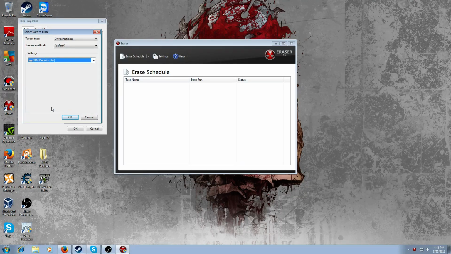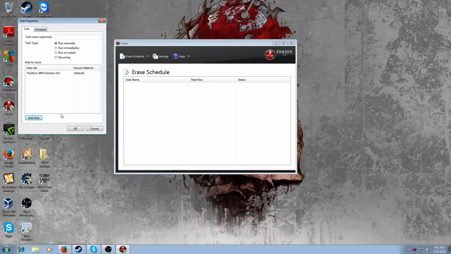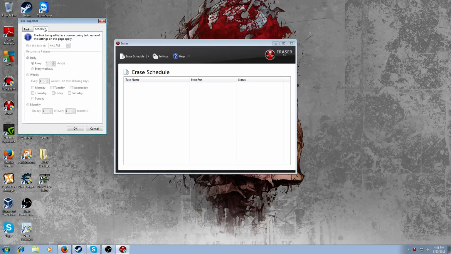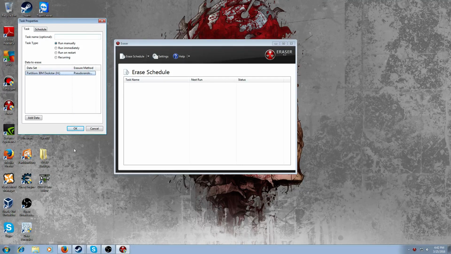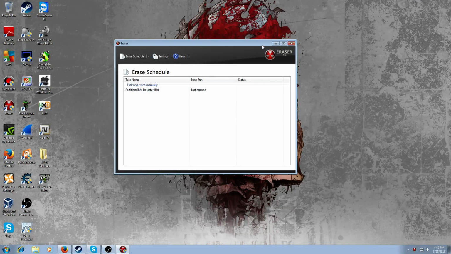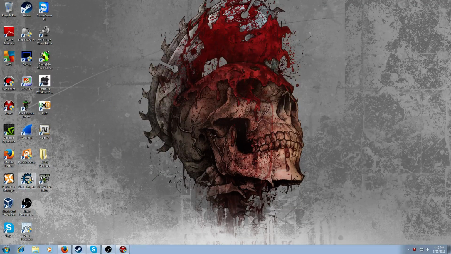We're going to select the H drive, which is our desktop. Our erasure method, which I should probably put my method in here. We're going to do the pseudo-random data, which just scrambles the data using a random algorithm. Using an algorithm that just randomizes all the numbers on the disk. Before we do that, we have to open up,